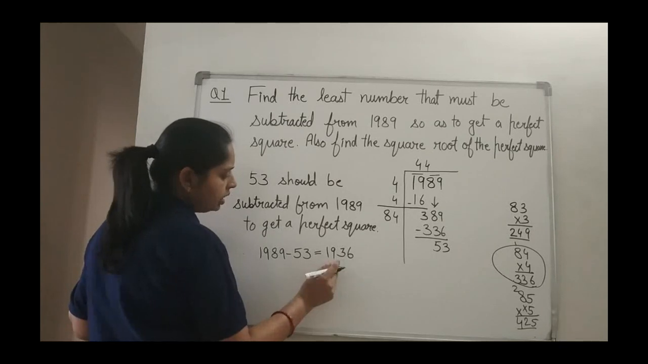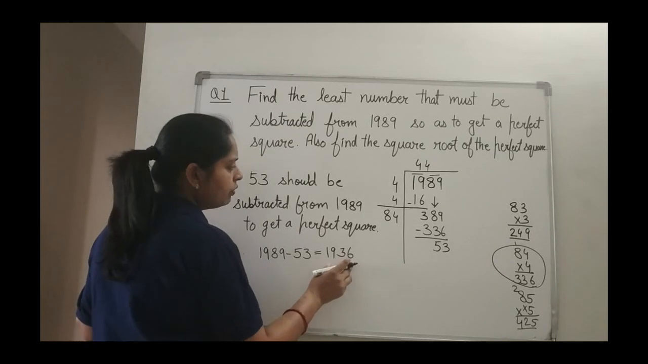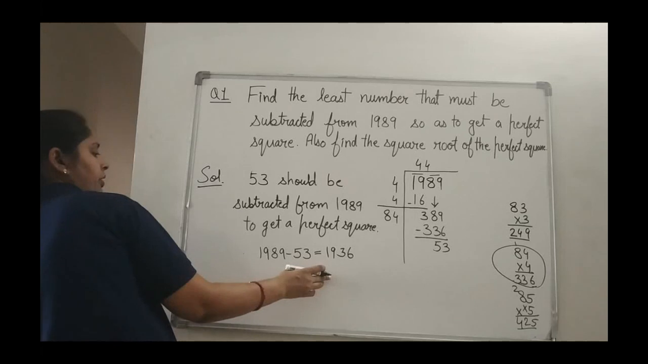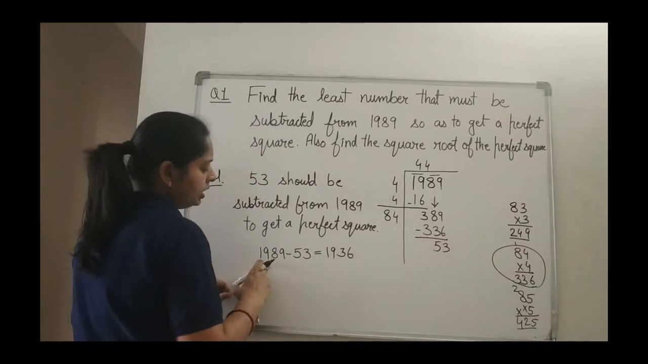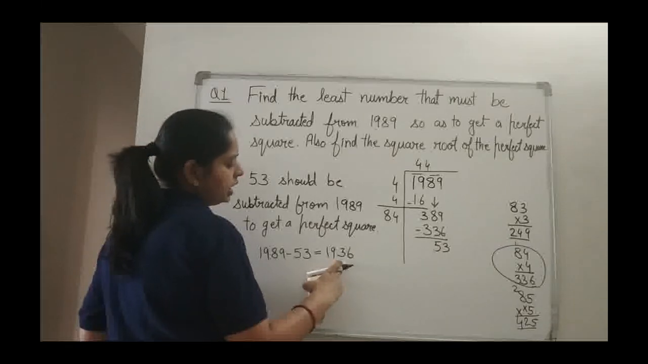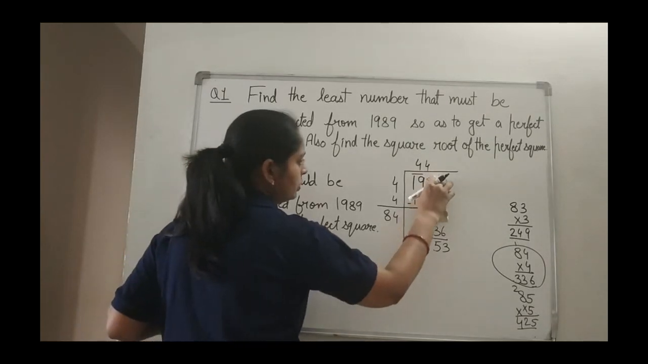19. Okay? 1936. If you want to check, ma'am, is it correct? Like only by subtracting we can check. See, 1989 was there. In place of 1989 I am having 1936. So in place of this,